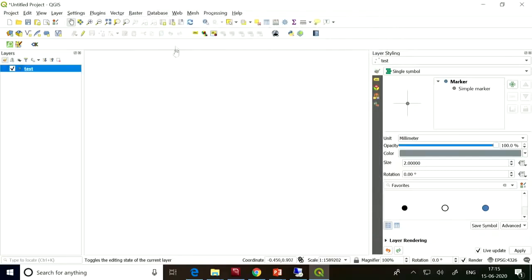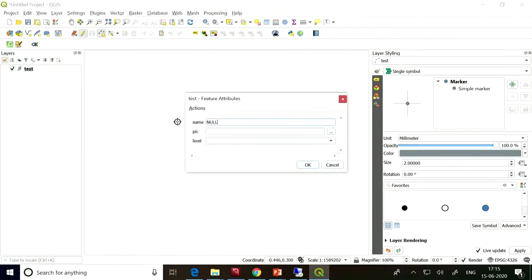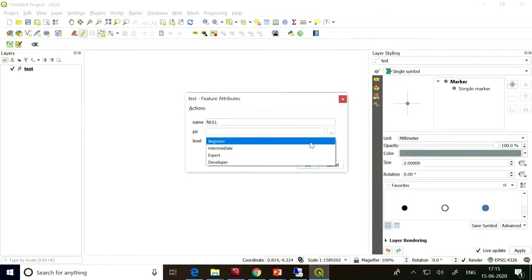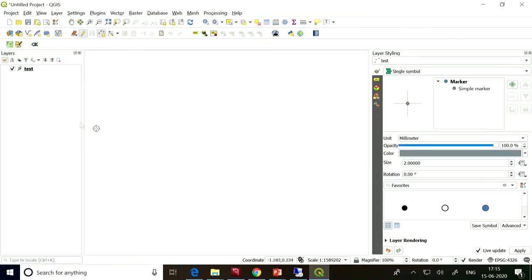Okay. So now if I go for digitization, what will happen is whenever I click a point, it will ask for the name, which I need to type, then it will ask for an attachment which I can attach, then it will ask to choose any one, right? This is how digitization will work in QGIS. But ultimately I want the same thing to happen from the mobile or from the browser.